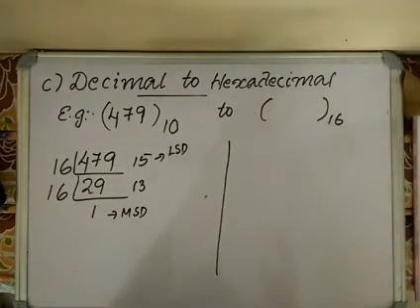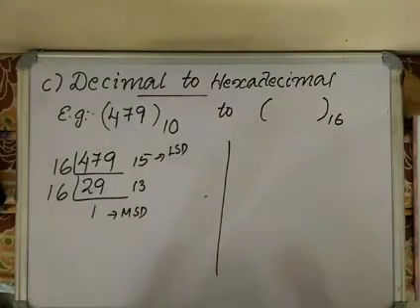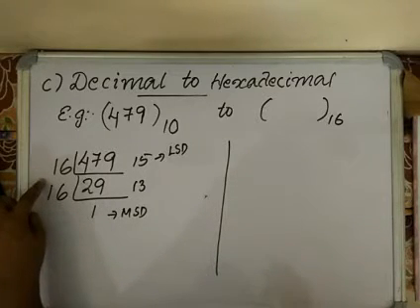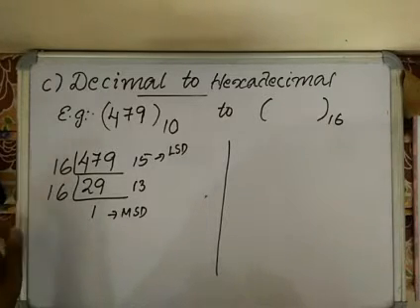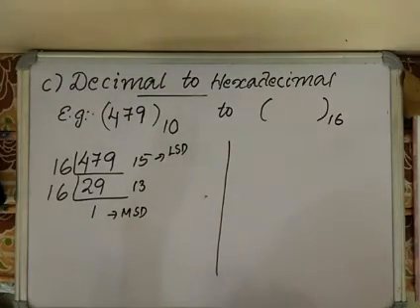The third one is decimal to hexadecimal conversion. So hexadecimal means we have 16 possible digits, that is 0 to 9 and the letters A to F. The A to F represents the decimal numbers 10 to 15 respectively. So similar procedure, but the only difference is here the base is 16. So we have to continuously divide by the base 16 for the integer part, and for the fractional part we have to do successive multiplication by the base 16.